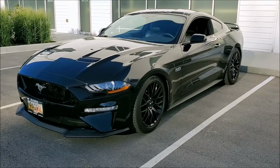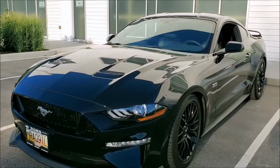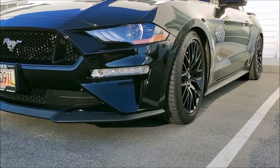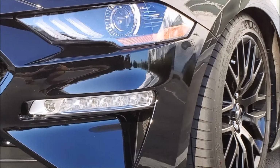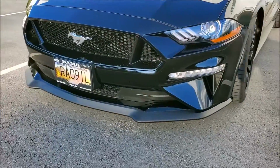Hey everyone, just thought I'd make a quick video showing you what happens when you hit a raccoon with your 2019 Mustang. This is what it's supposed to look like. Everything's all tight, lights in place. When you come over to the other side,